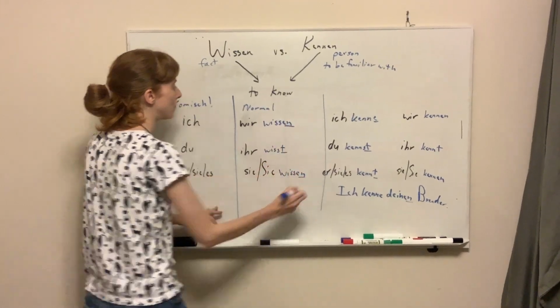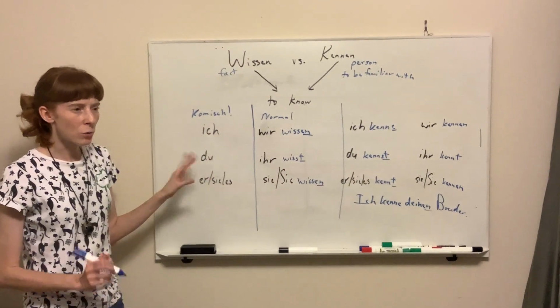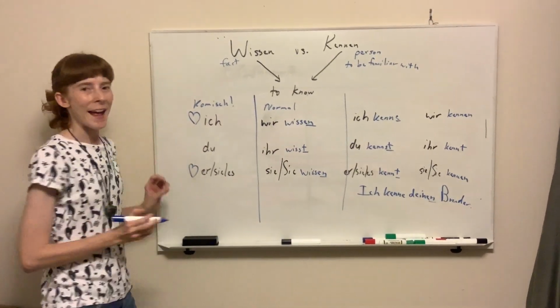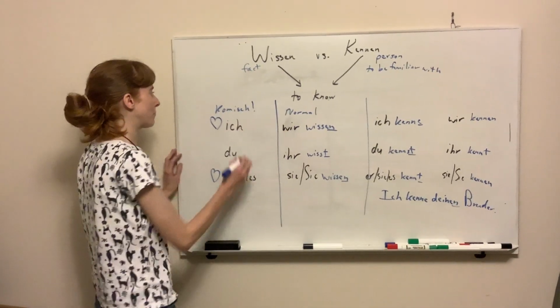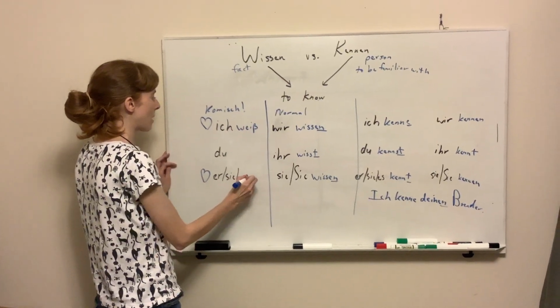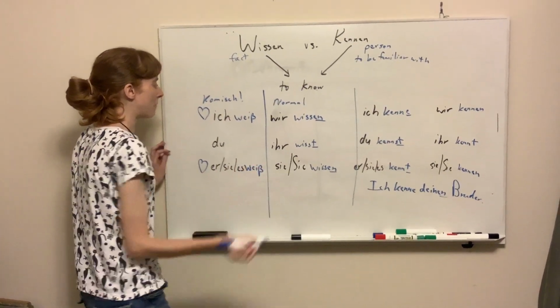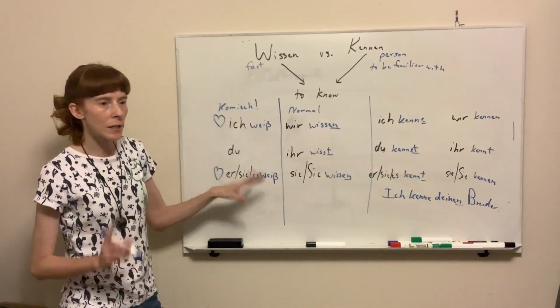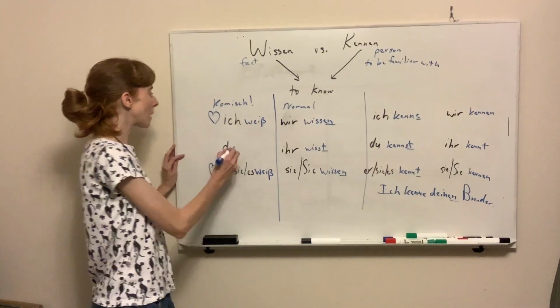Those endings are normal. Now, I get over here and it sort of acts like a modal verb. These two are going to love each other, and they're not going to take an ending. Ich weiß. And er, sie, es weiß. So these two have to always be the same. They don't have an ending, just like modal verbs. And du